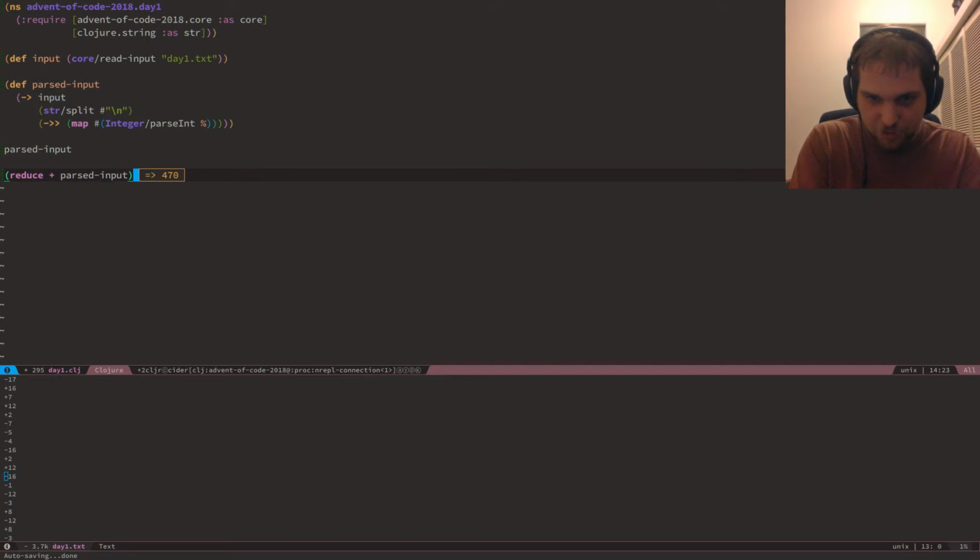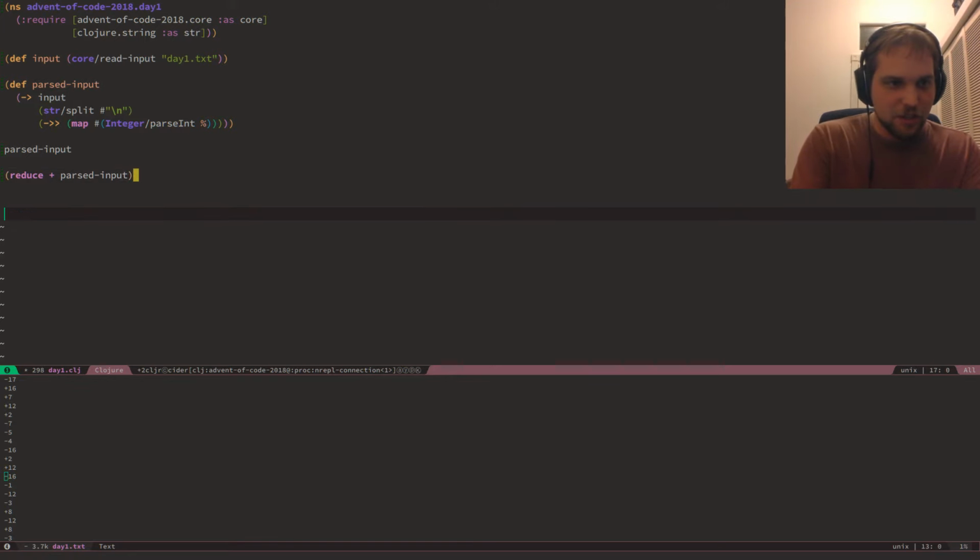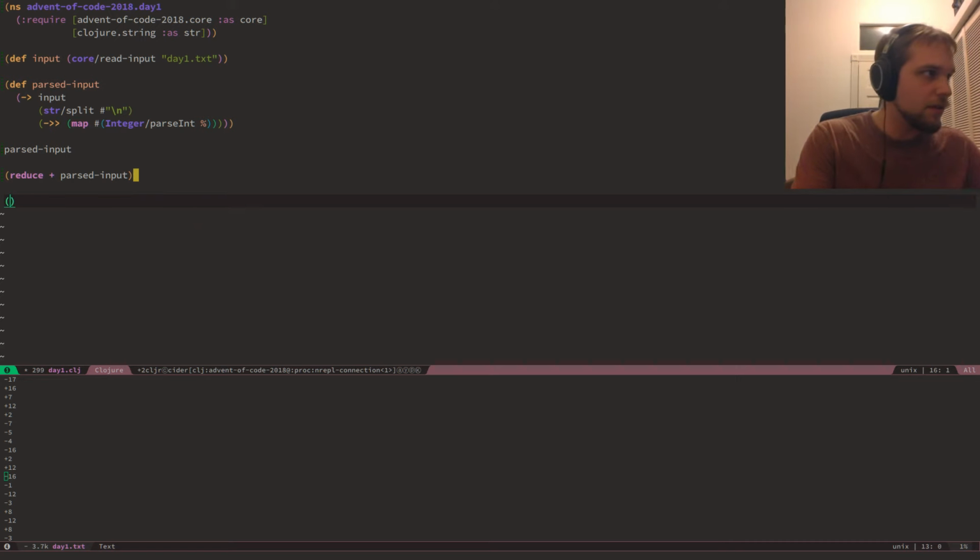Let's kill the problem. We've got Emacs here. Let's go ahead. Instead of doing reduce, we're going to do, oh, let's see, what's it called? Reductions, I believe, plus parsed input.